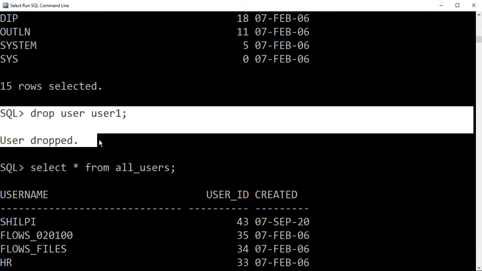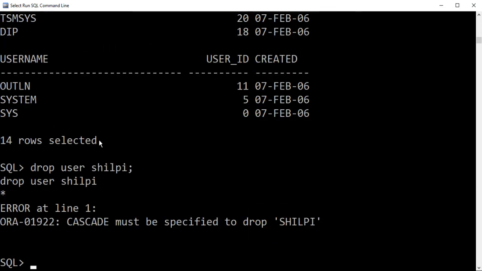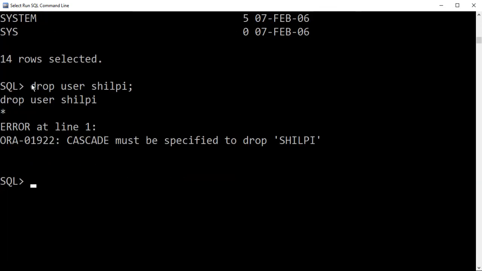But in the case of another user, in this case drop user Shilpi, we have granted the permissions to connect, resource and DBA to this user, and also we have created one object within this user's data space.